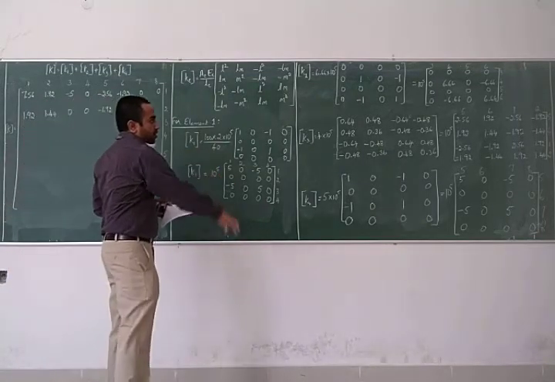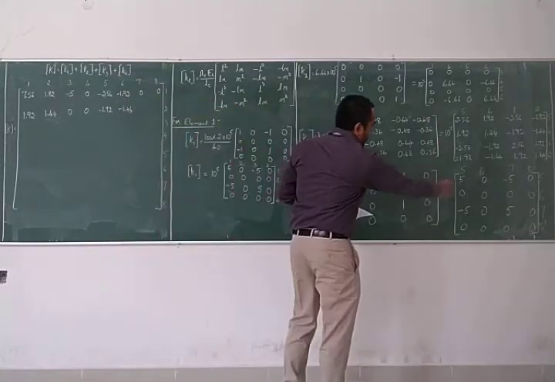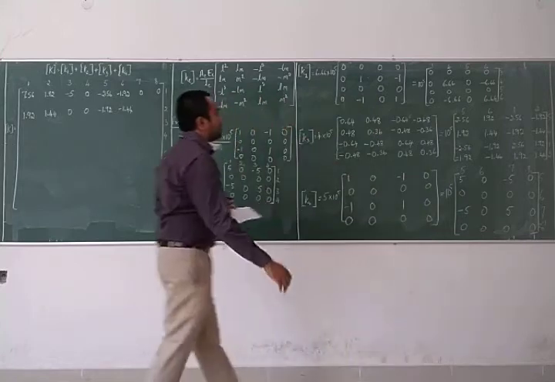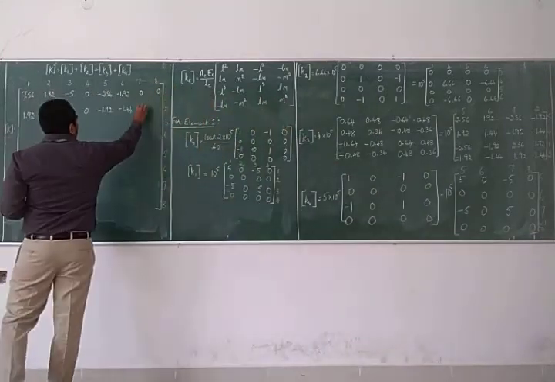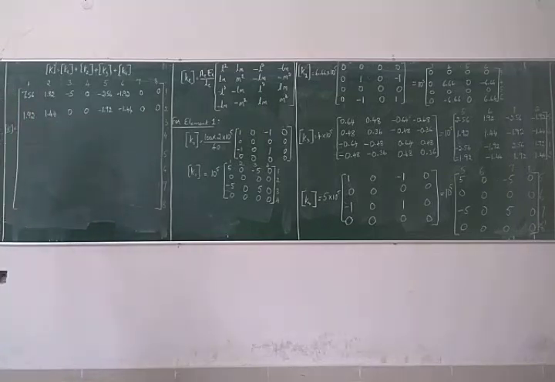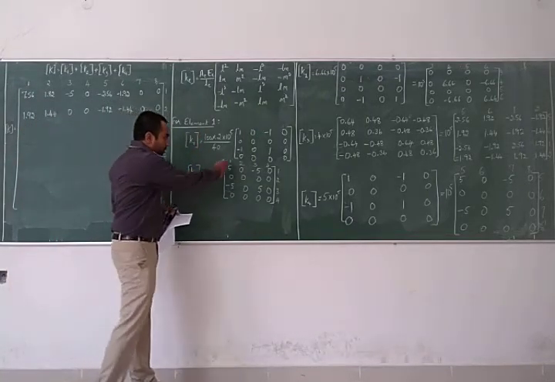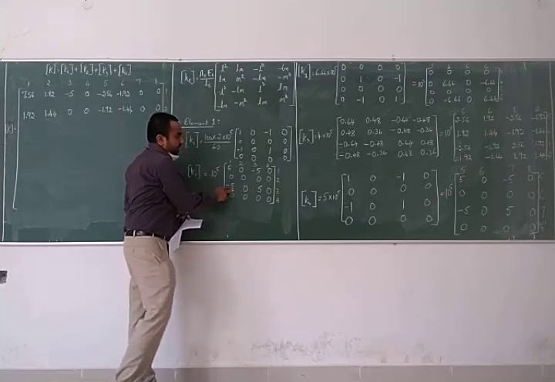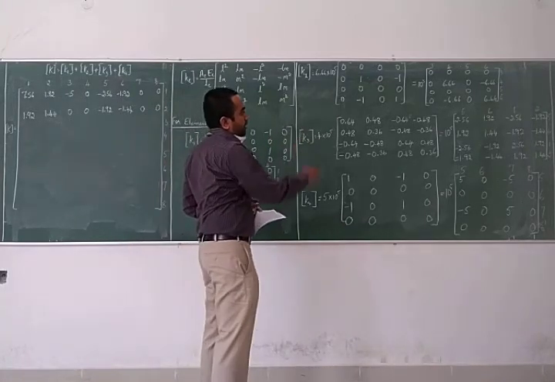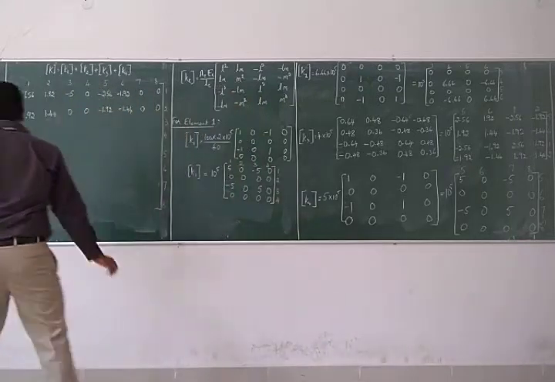Now seventh column, second row. Seventh column, second row, there is no element, so we will take it to be 0. Eighth column, second row is again 0. So second row elements are now completed. Going to third row. First column, third row is minus 5. Is there any other term pertaining to first column, third row? There is no other term, so minus 5.